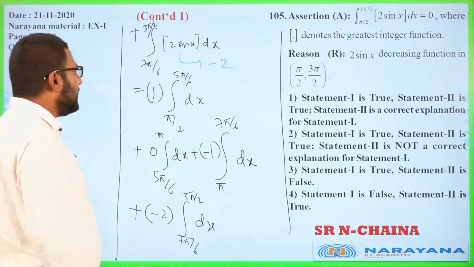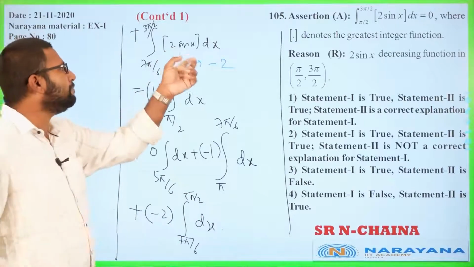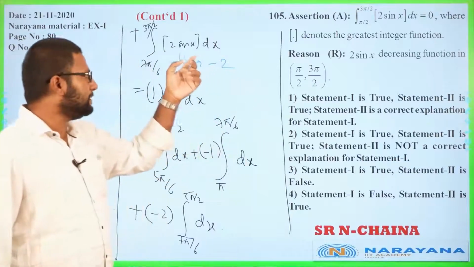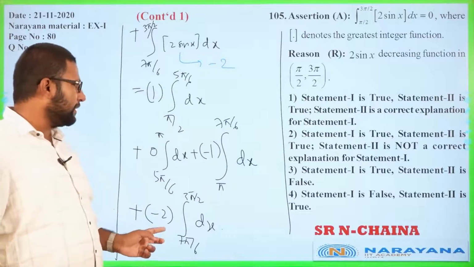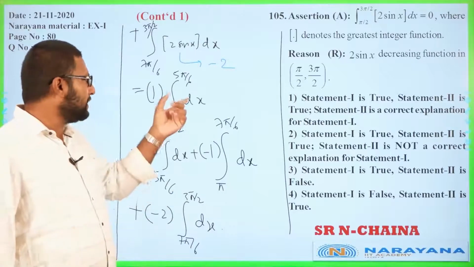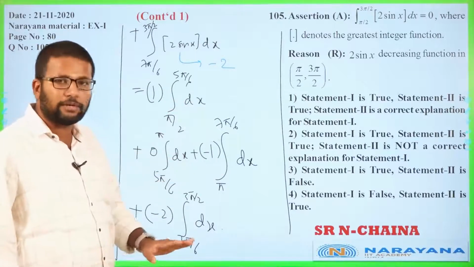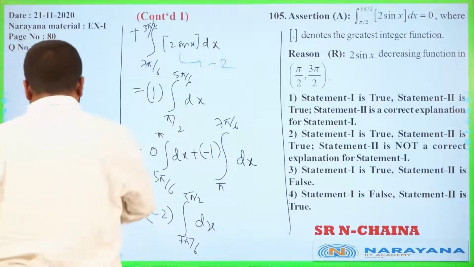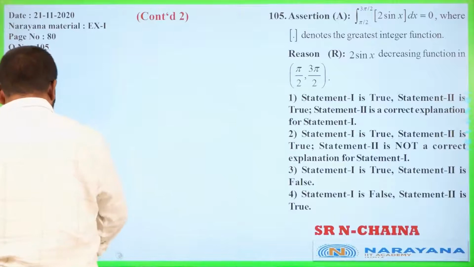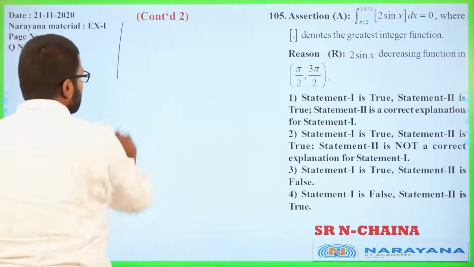Do you realize that as soon as we figure out the integer value of the step function, each of these integers will just come outside the integral. The actual integration part is nothing, just integral dx, that's all. So it's just a matter of substituting the limits. Then everything will simplify